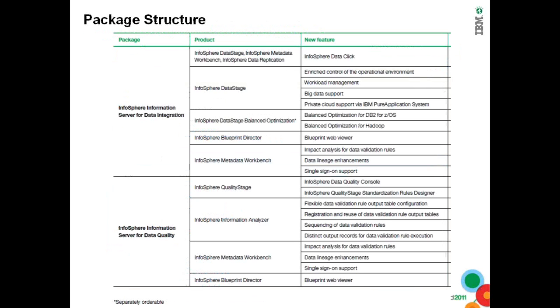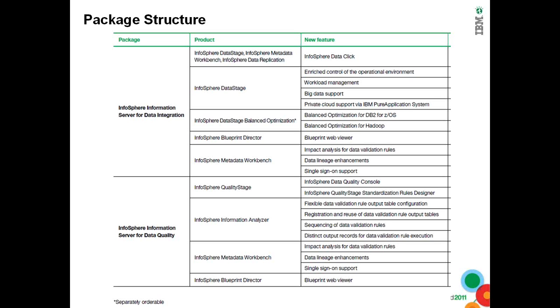This slide and the slide that follows will show you what each package contains in terms of Information Server product suite components. So you can have a look. The first column is the package. There are four packages, but the fourth one is moot because it contains all three of them. The first one is Information Server for Data Integration. The products that it contains are listed on the second column, along with the features that we are discussing. So maybe you can focus on the first and second columns.